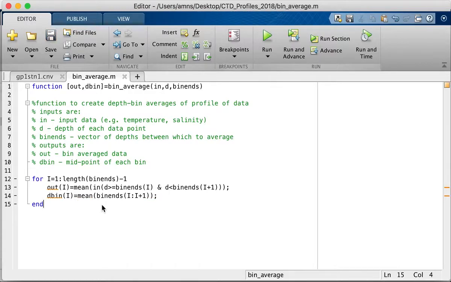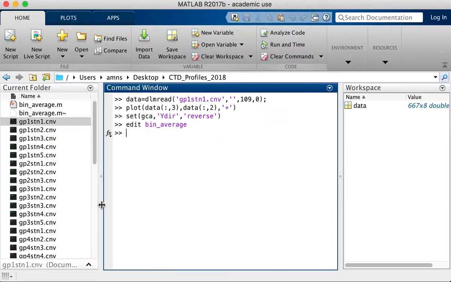So this is a very short function. It's just going to step through each of the bins that I put in place, and then it's going to provide me the output. So if I go back to my command line, what I'm now going to do is